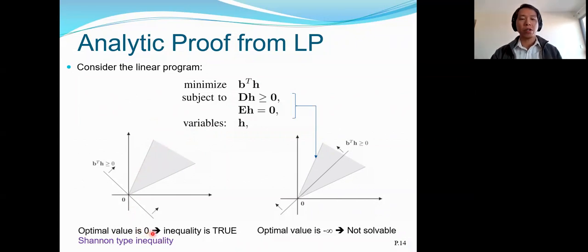And in this case, we also give it a name. We call it a Shannon type inequality. Okay, so for another case here, if the given inequality actually cuts through this gray area, and in this